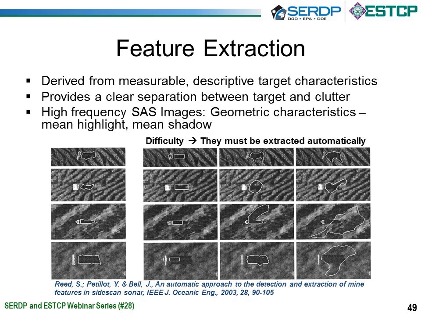So the difficulty is that typically you need a fairly large set of data in order to do the training and testing procedure. And so you're going to need to be able to extract these features automatically. And that's where the environment starts to cause problems. You can see in these examples that when you try to automatically identify what these mean highlights and mean shadows are, it gets confused with the ripple pattern of the seafloor that you see in the background there. So this is a very difficult thing to do.